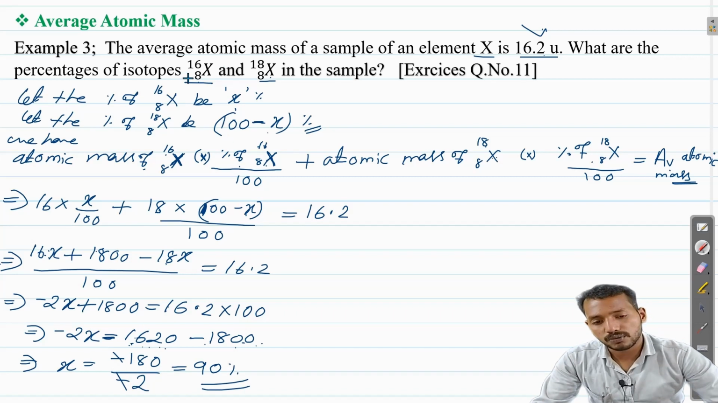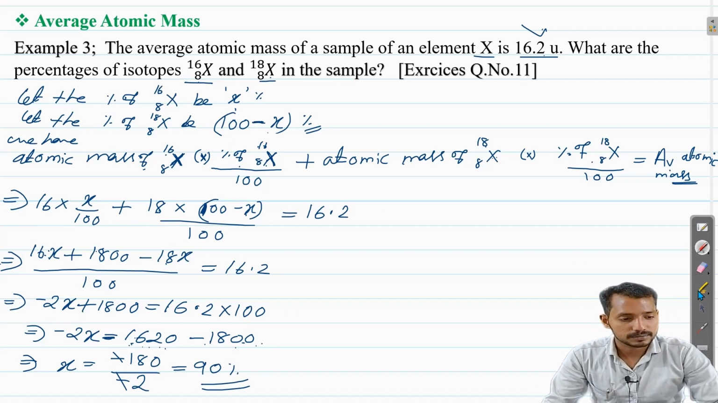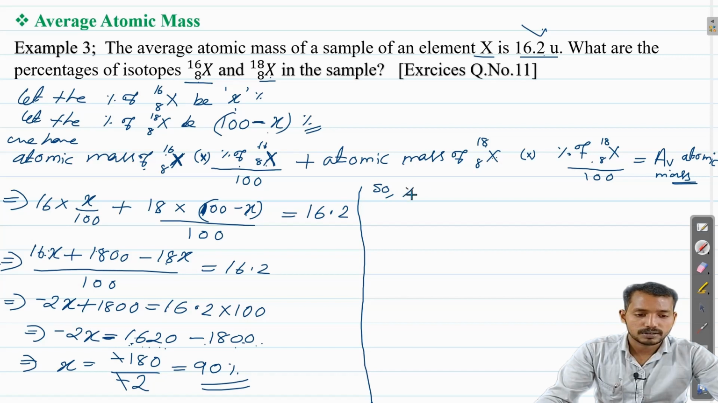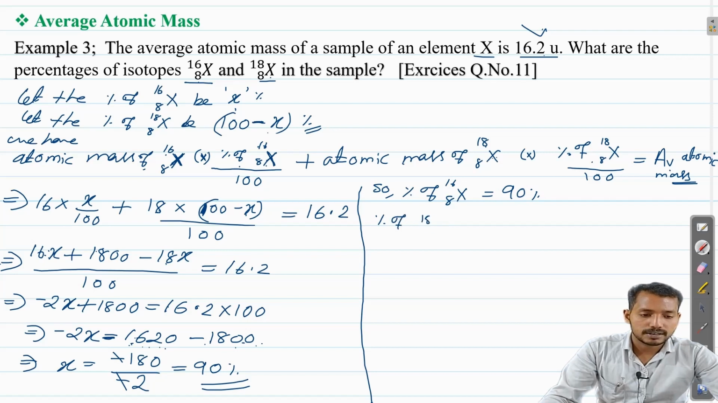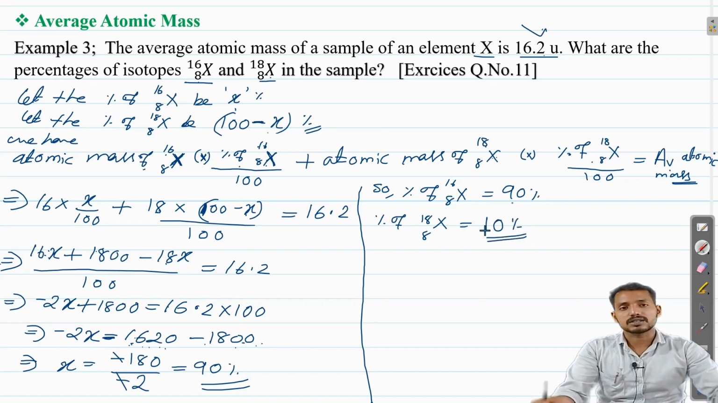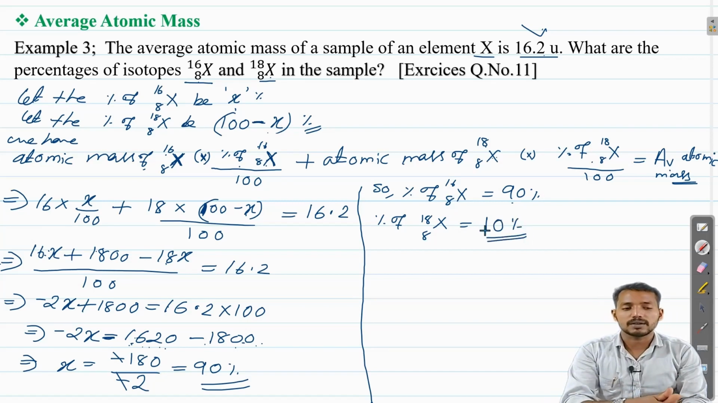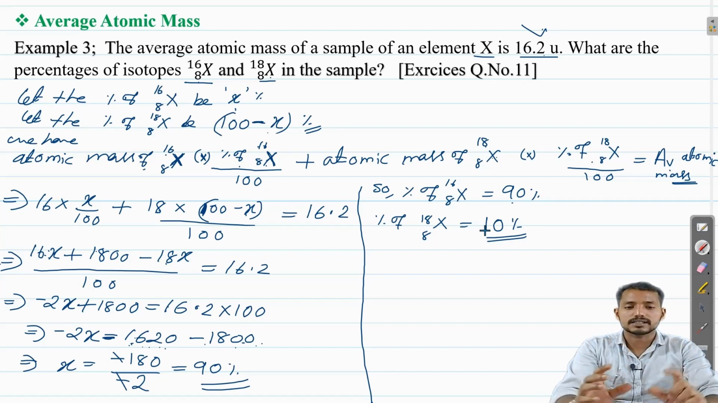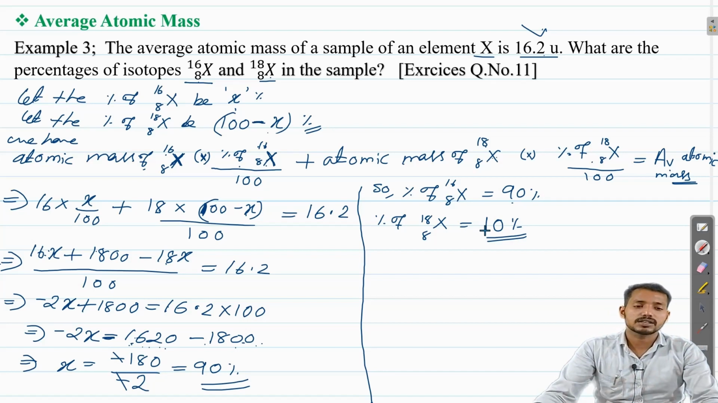So the percentage of X 16.8 is equal to 90%, and the percentage of X 18.8 is 100 minus X, and X is 90, that means 100 minus 90 is equal to 10%. So this is the way we can calculate the percentage from the average atomic mass. So these three examples we have discussed regarding average atomic mass are very